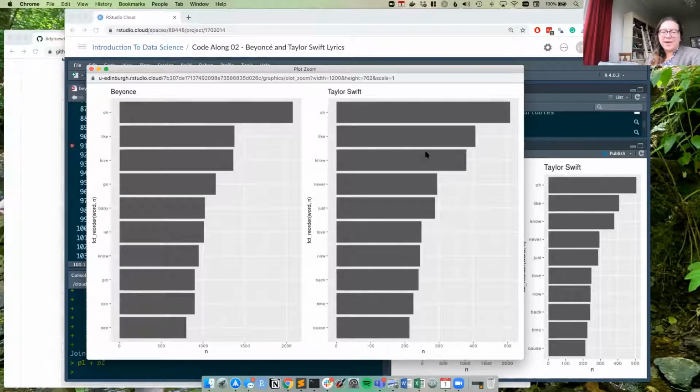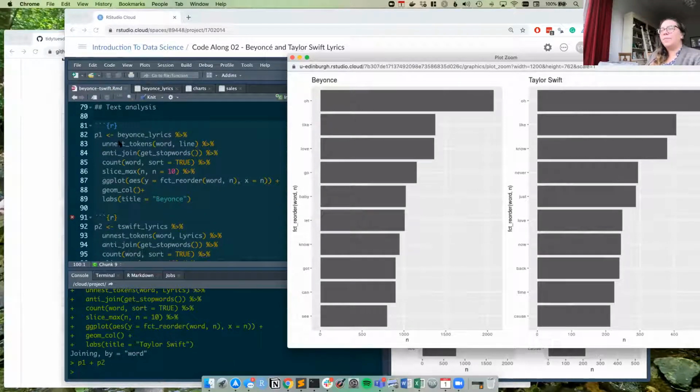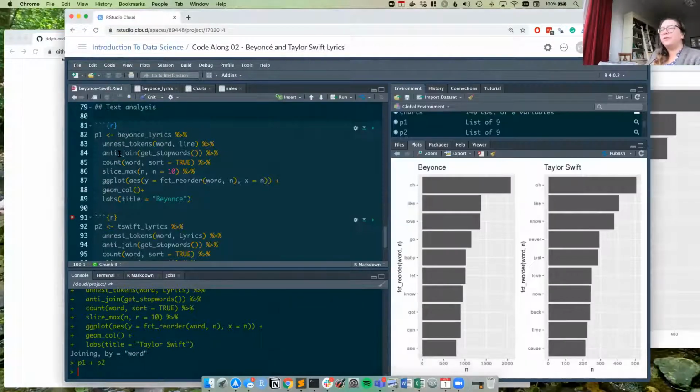So one of the things, in the last 5 minutes, I've used a bunch of functions I haven't talked to you about. So as we wrap up, I will tell you what of these things we will learn soon. The things that were mostly about text analysis, we're going to have a module on text analysis at the very end of the semester. So you'll see more of that then. This sort of joining data frames is something we're going to learn about next week. And then ggplot is basically what you've been learning this week anyway.